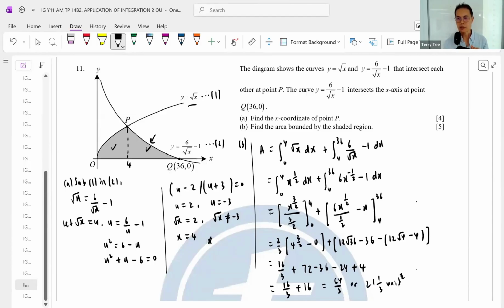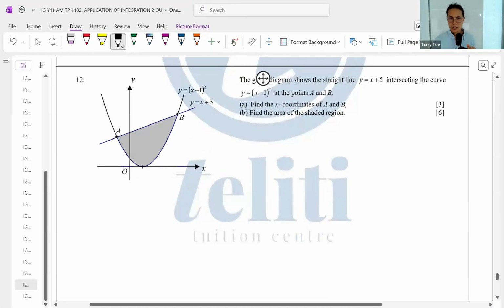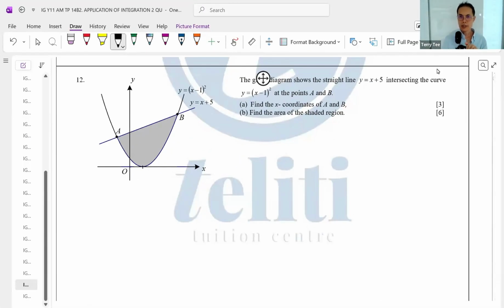Yes, this is square. Question number 12. The diagram shows the straight line y equals x plus 5 intersecting the curve y equals (x minus 1) squared at points A and B. Find the x-coordinates. For the first part, we have to solve them simultaneously. Call this equation 1, call this equation 2. You can sub 1 in 2 or 2 in 1, it doesn't matter. We write (x minus 1) squared equals x